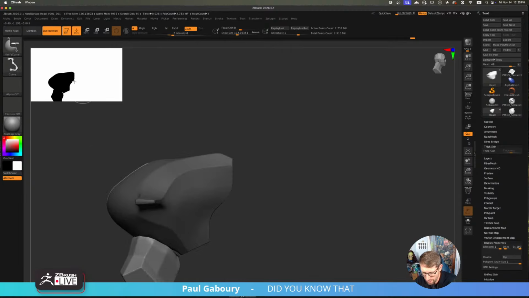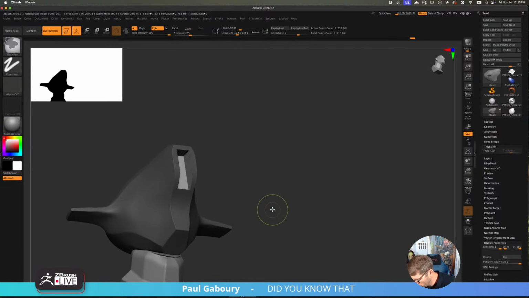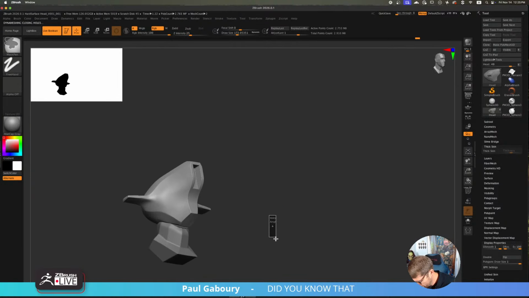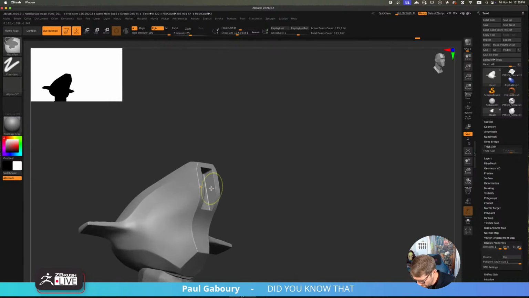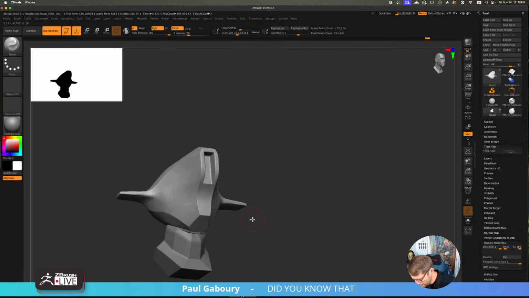What would this look like? That's interesting. So I'm going to start putting some stuff in there, make it a little different.